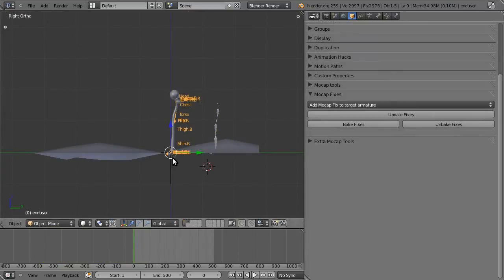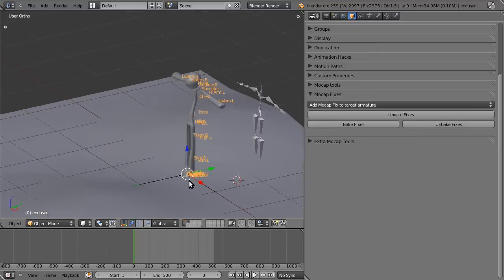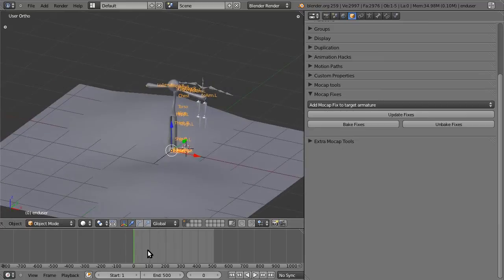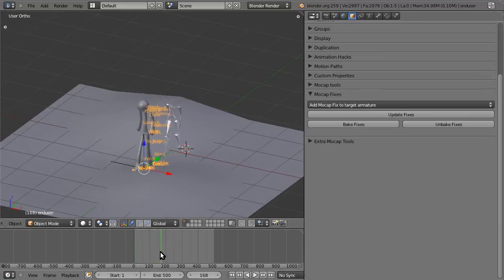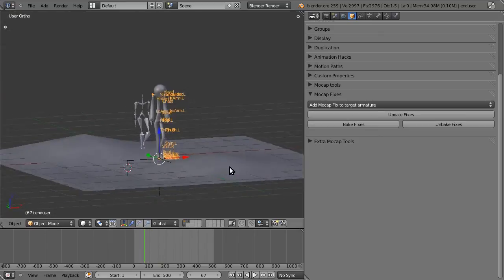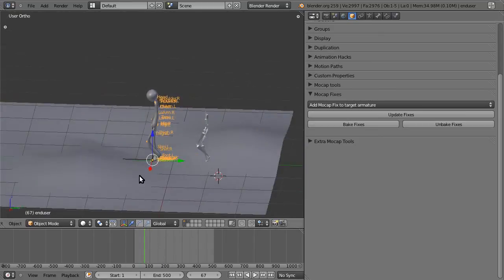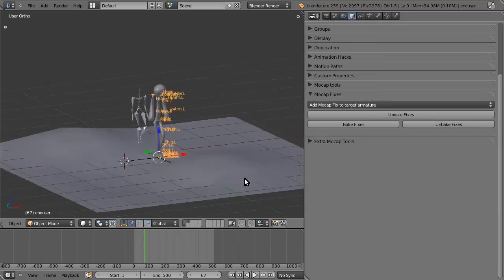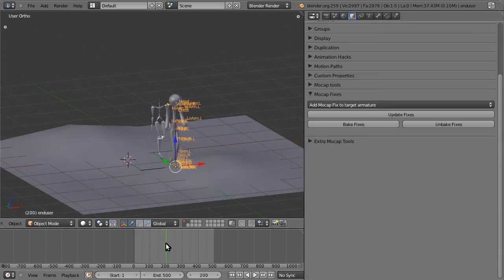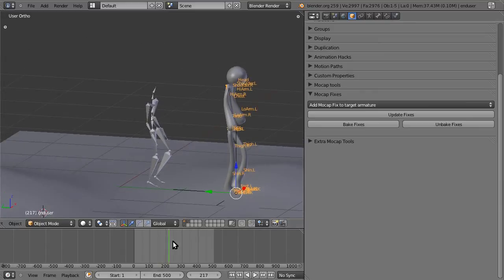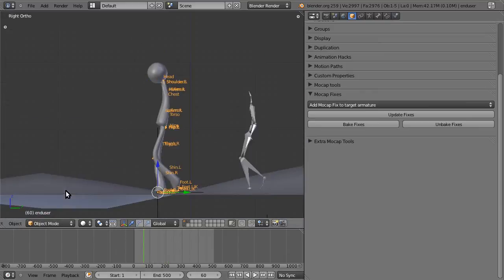What I want to show you now is another post-retarget fix, which is the stay above fix, or you could think of it as the floor fix. It's similar to the floor constraint in Blender, just a little more clever. And here we have a situation where we want the straight walking animation to traverse a terrain that is a little bumpier than just a straight line, and we get this artifact where his leg goes through the floor. So we're going to fix that